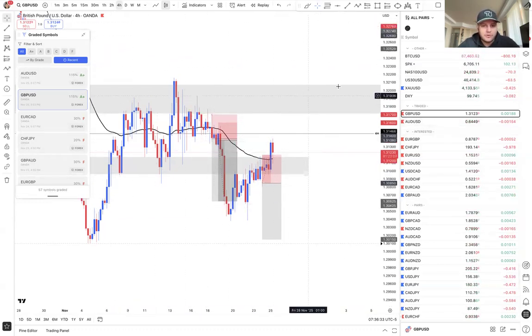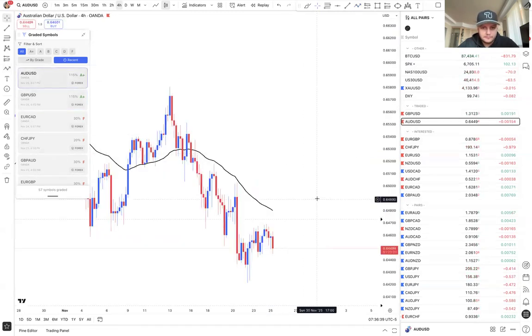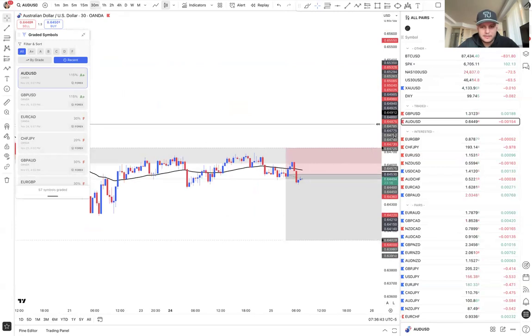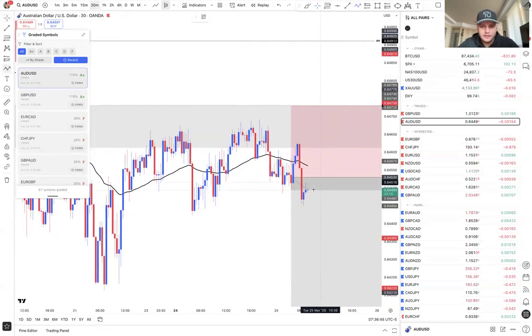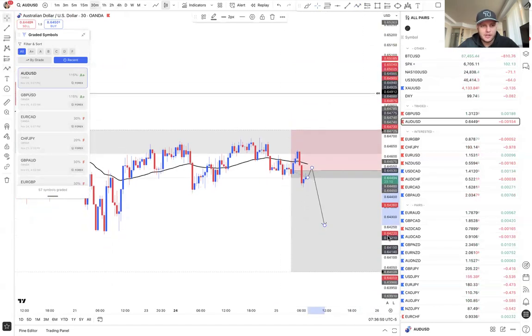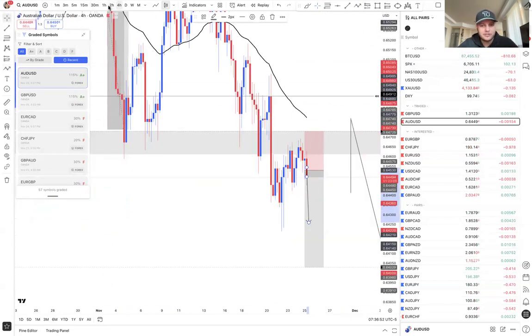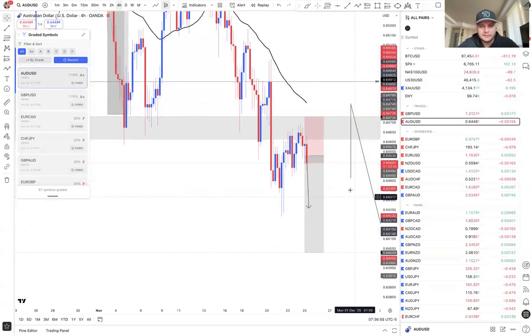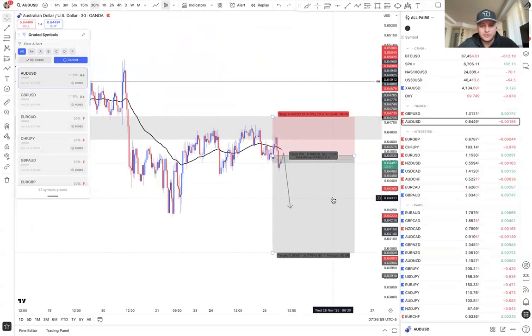Just waiting for basically price to break back underneath the 4-hour EMA, pull back and sell. Here, there's not much to wait for, I would say. Just pull back into the EMA and then have a rejection off of the lower time frame EMA. Since we're already underneath the 4-hour, there's not much for us to wait for on the 4-hour. Just the lower time frames to make sure